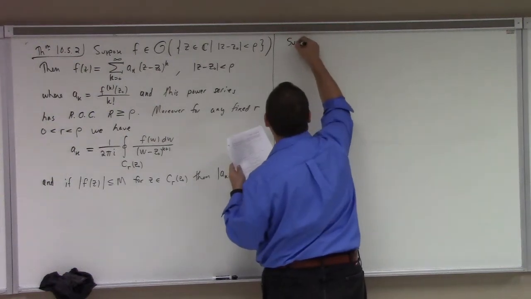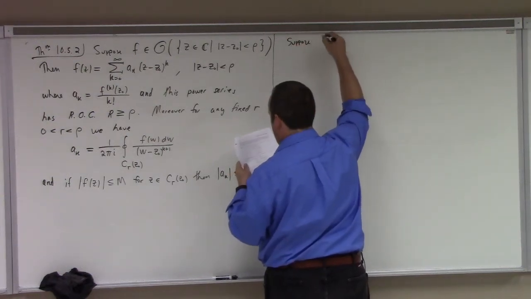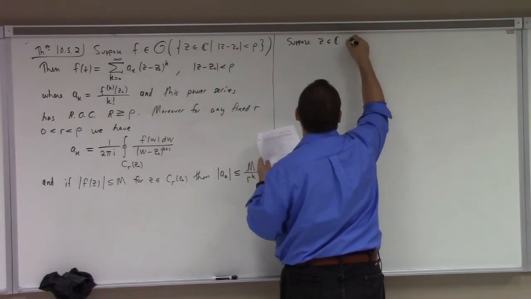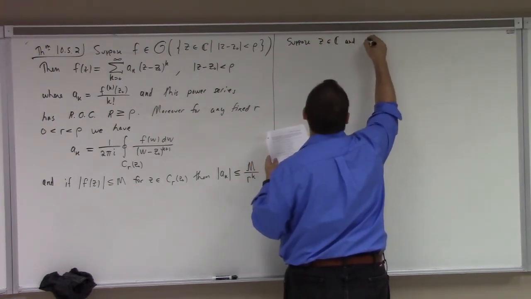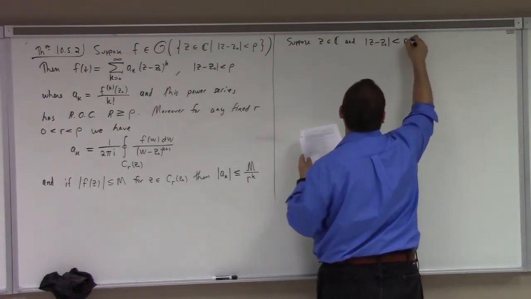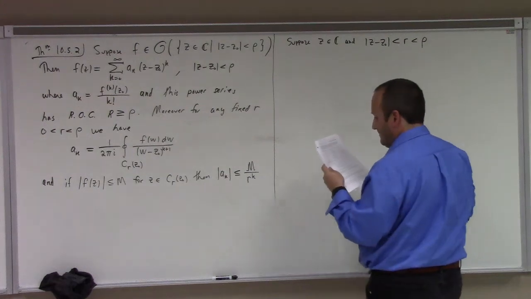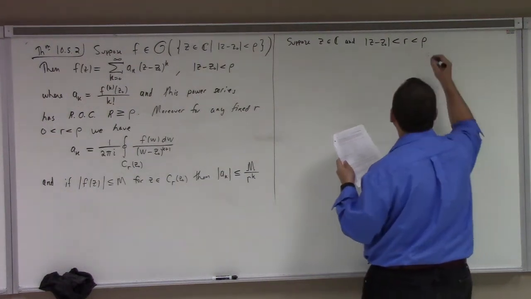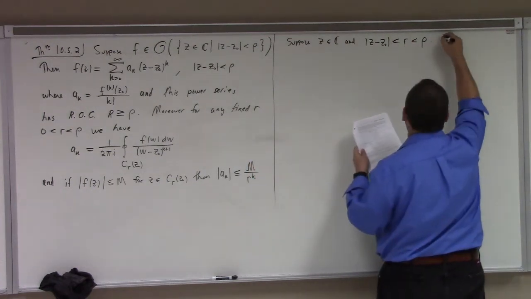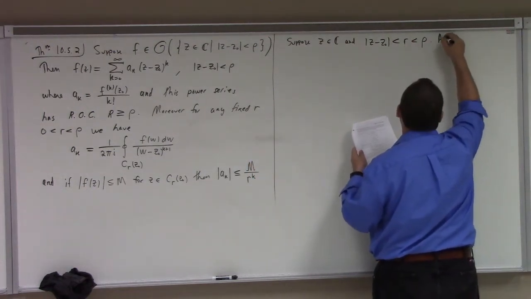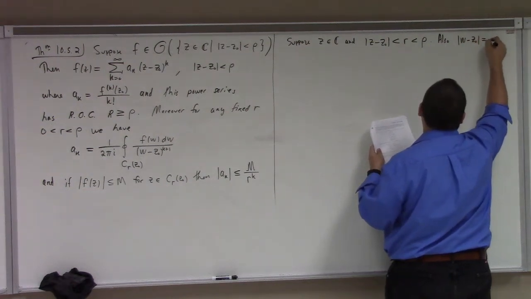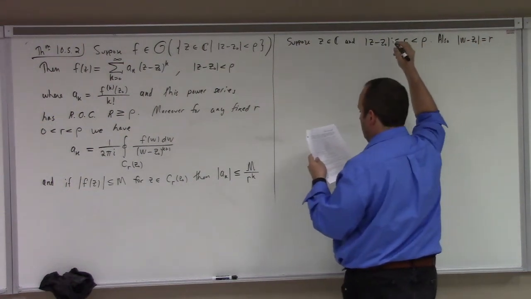Suppose we have z in C, and the modulus of z minus z naught is less than r, which is less than rho. All right? And also, we have the magnitude of w minus z naught equals r. All right? Hence,